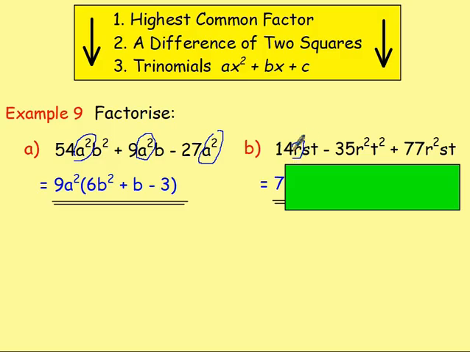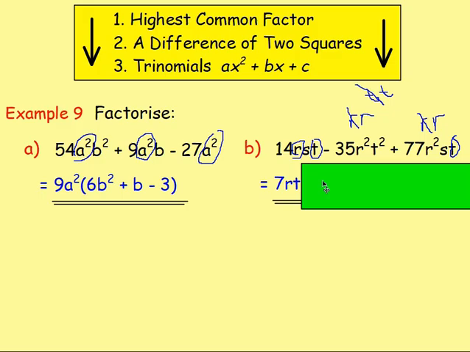Yeah, you've got an r here. You've got an r squared. R squared would be r times r, and you're taking out one of them. Again, you've got an r squared, so you've got an r times r, and it would just be one of them that you'd be taking out. There's an s here, but there's no s here, so you couldn't take that out. T here, well, yes, there's a t here, so you can take out that as a common factor. T squared would be the t times t. So you can take out one of them as a common factor, and again you can take out that t as well. So, which means then you've taken out the r and the t, so you'd have 7RT as